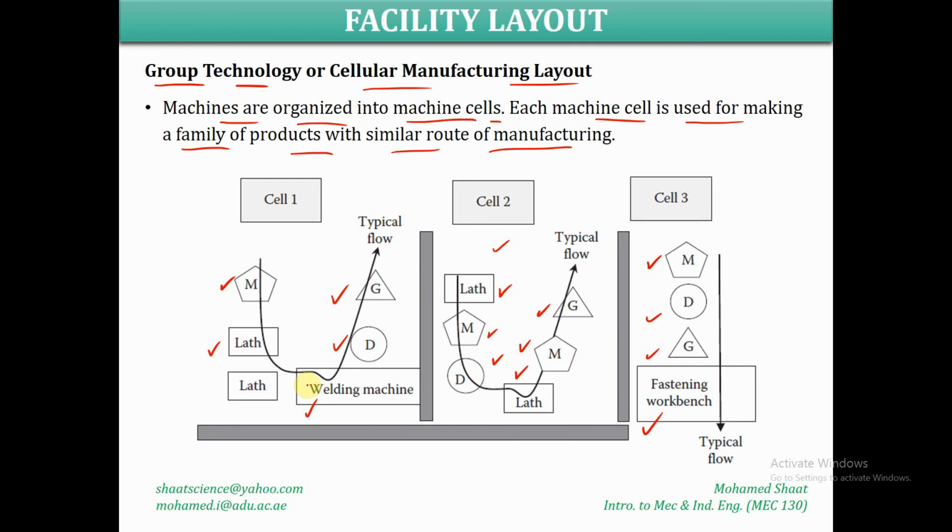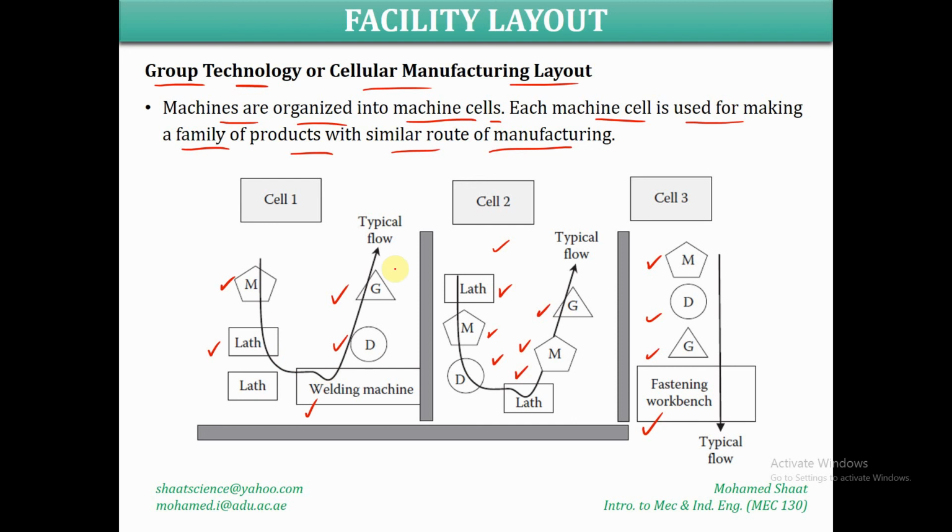So as you can see, the difference between these three cells is the route of the manufacturing. We start with milling first, then lathe. In the other cell, we start with the lathe, then milling and drilling. It depends. So the route is different, and here we are arranging the machines to make it easy to follow